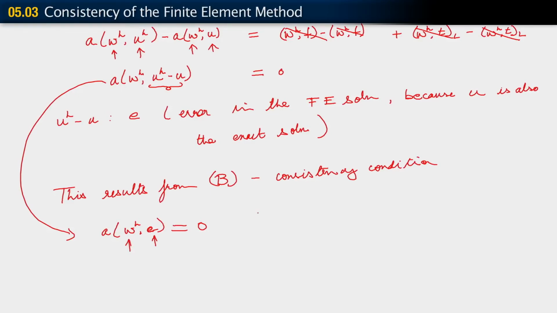Okay? What this is saying is that the projection of the error on the space VH is 0,